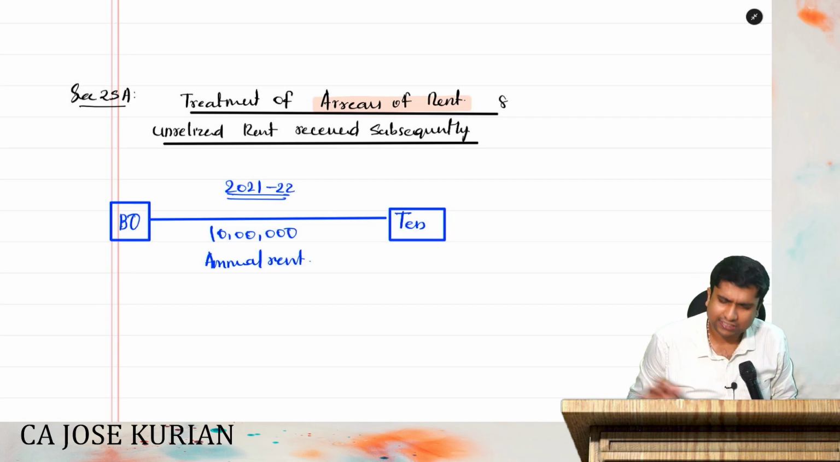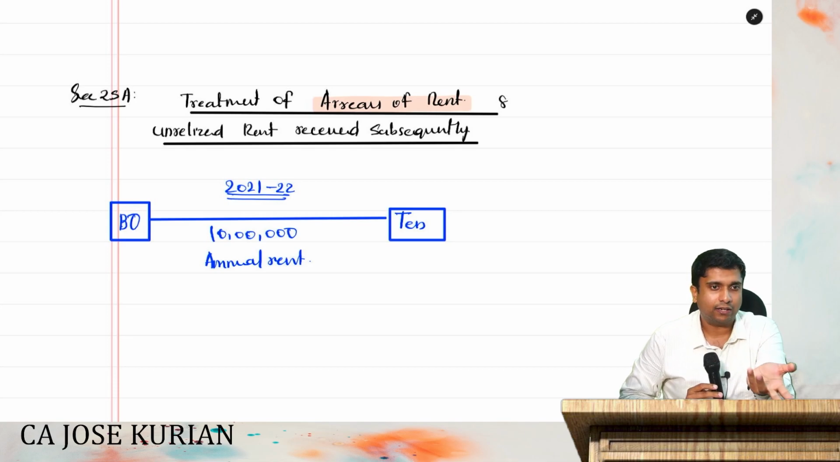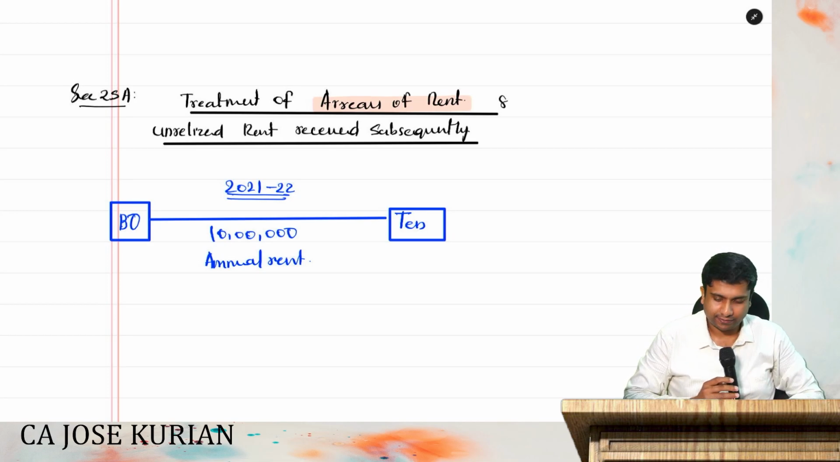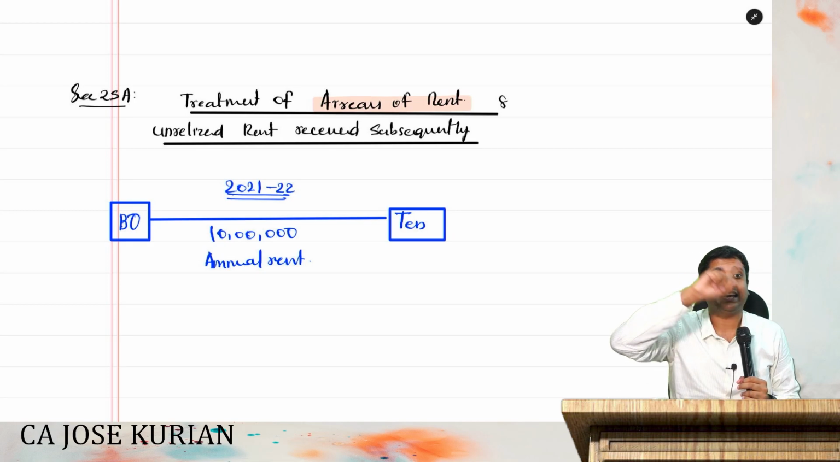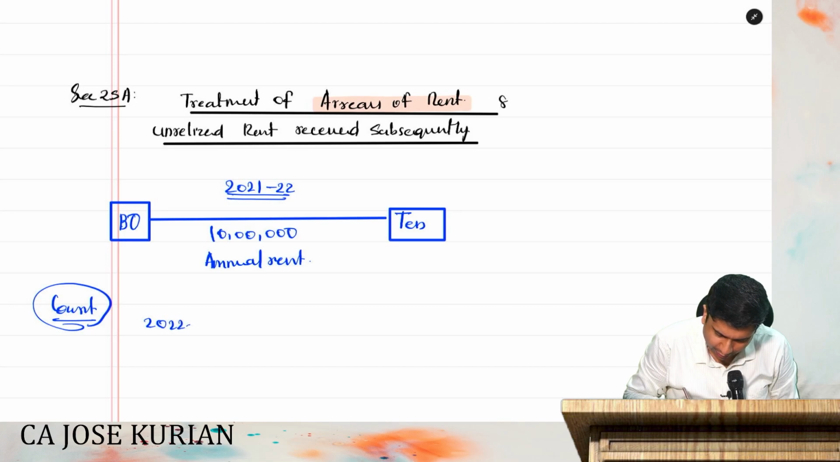Then building owner said it is not like that. Every other property is getting 12 lakhs. Mine was only 10. So it was a mistake from my side. So you should give me 2 lakh. So they had a dispute in between. And they filed a case in the court. Are you all listening? And the court in 2022-23